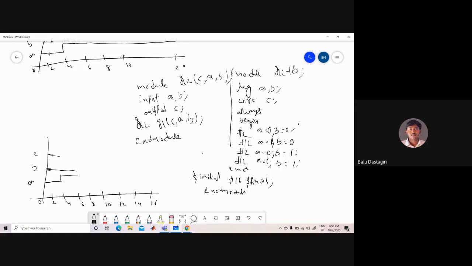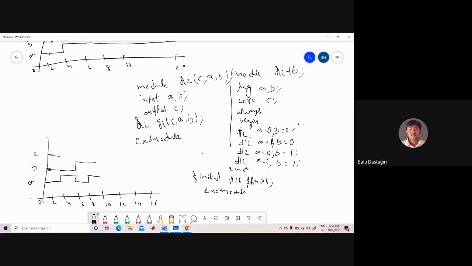Again after 2 units of time, at 6 time units, the value of A becomes 0 and the value of B becomes 1. And again after 2 units of time, the value of A becomes 1 and the value of B becomes 1.